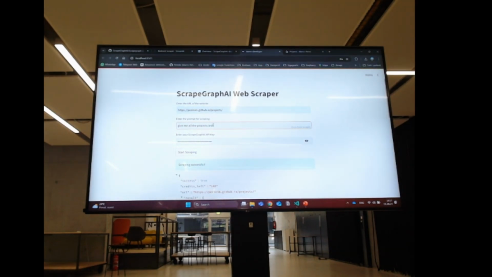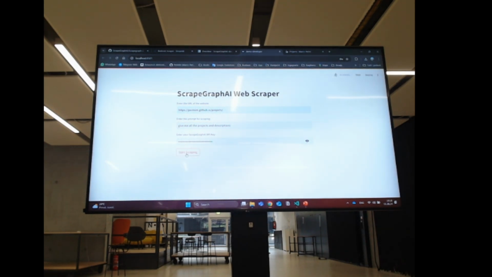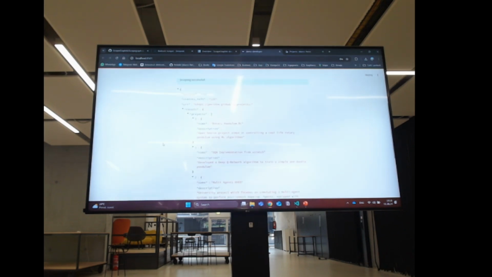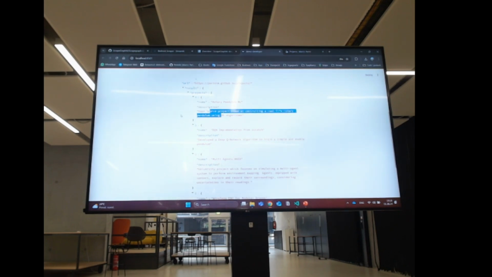Example and description. It will do the scraping. So, yeah. So the project with the name and description. And what's cool about it is that you can also make the LLM